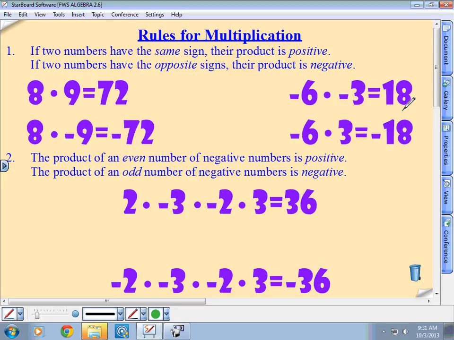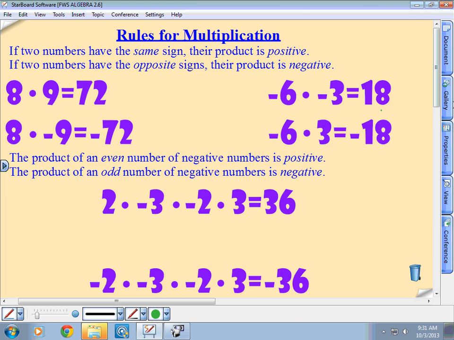If two numbers have opposite signs, that's just different signs, their product is negative. So 8 times negative 9 again is negative 72. Different signs, a negative number. And again, this one just has the negative number first, and again, it doesn't matter. Different signs, negative and positive, will give me a negative number, negative 18. Okay, and then